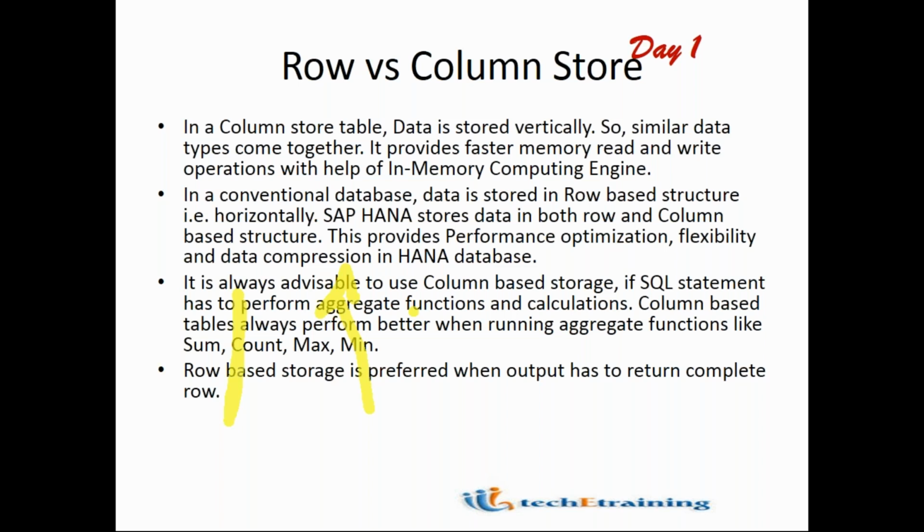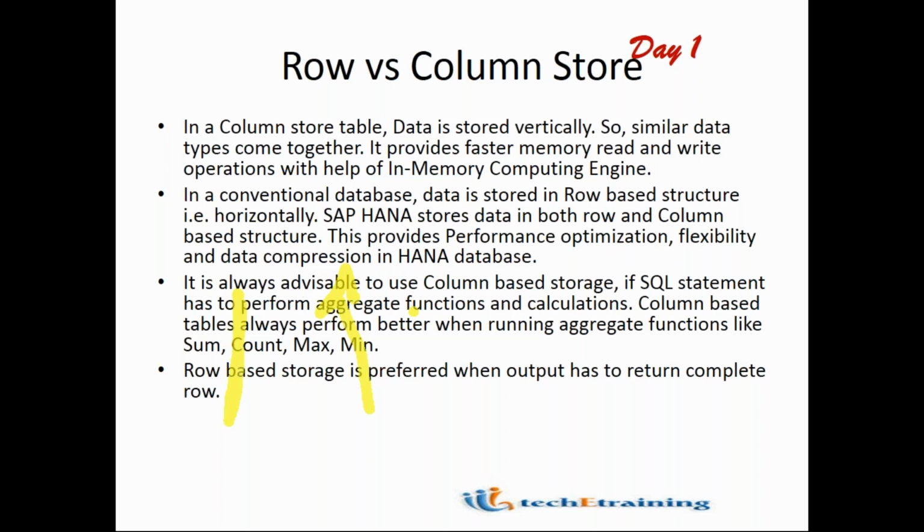This is one of the reasons, and the main reason is the column store. It is very important. The column store will compress the data by more than 50%. More than 50% data compression is possible with the column store. In column store, we store the data column-wise. Normally, a traditional database has a row store. The HANA database supports column store.